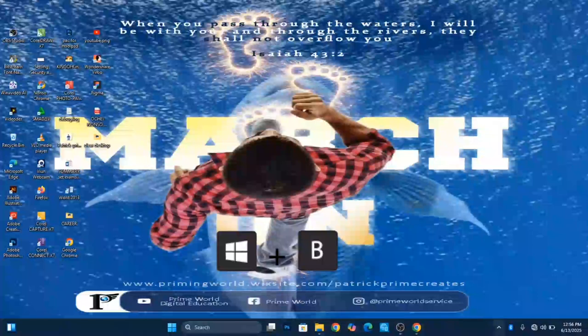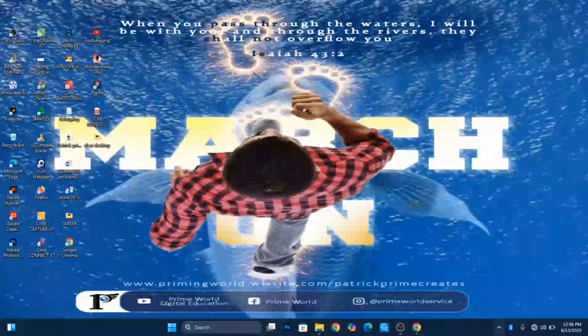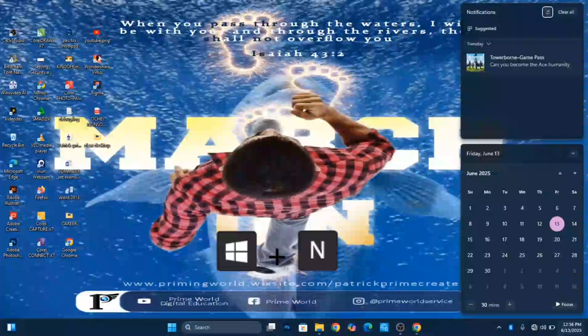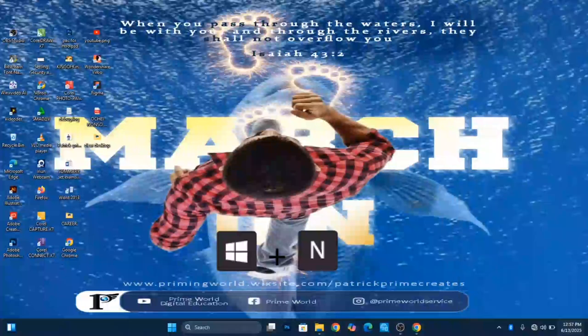And the final one for alphabet is the Windows and N key. This just opens the notifications area, as well as the calendar, and you can go ahead and set your calendar or your timing right. Windows and N, pretty straightforward if you ask me. N for notifications. And finally,